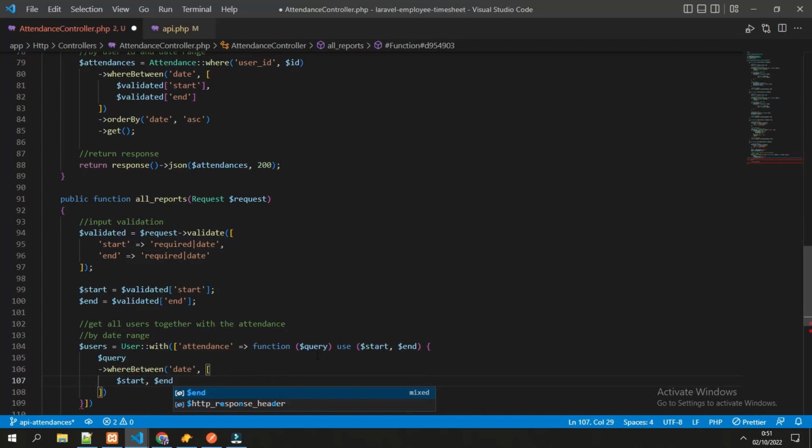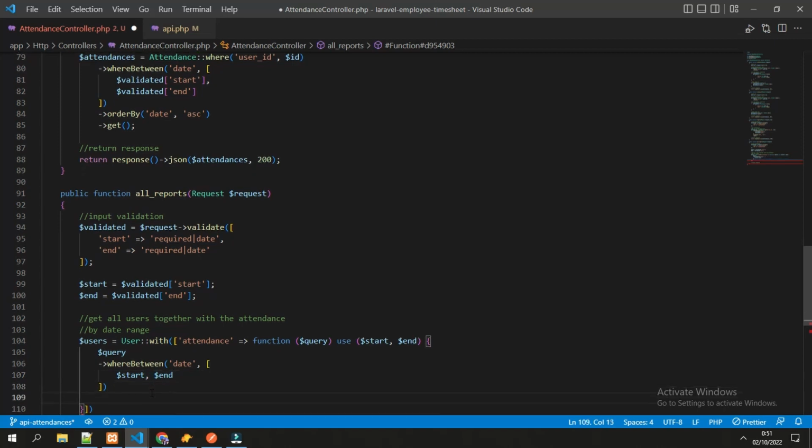So it will get from these variables. After that we can order the attendance like in the report function. So order by date with the ascending method.